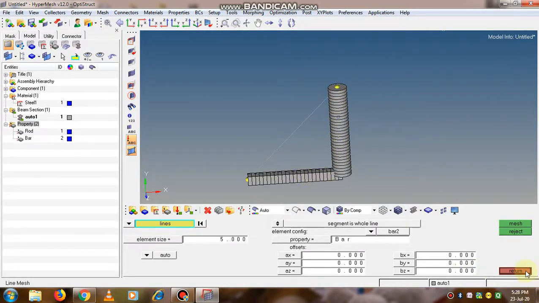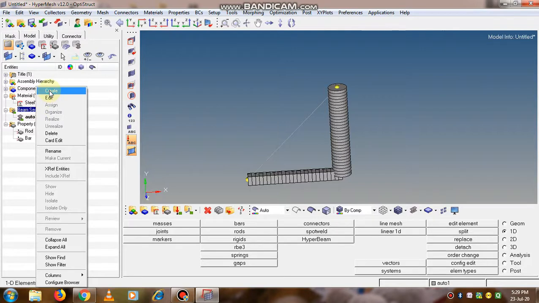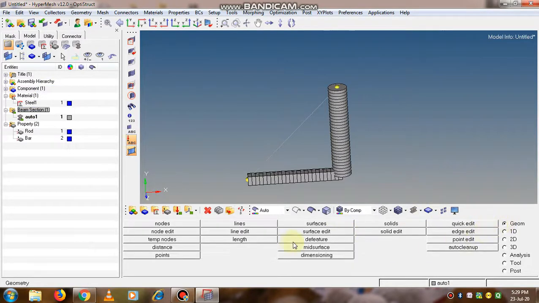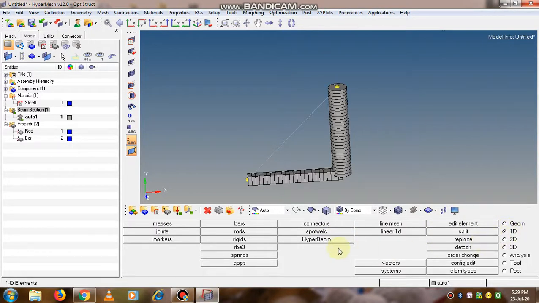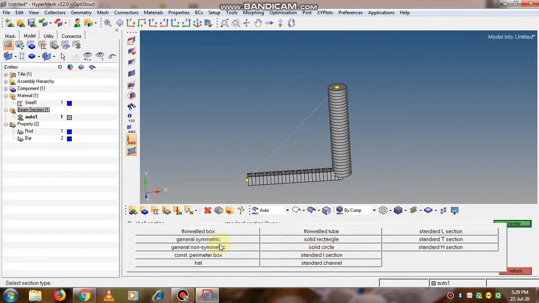Now again we will go to the option that is beam section. Go to the option geometry, 1D hyper beam. Now from here we will select one more type of section.